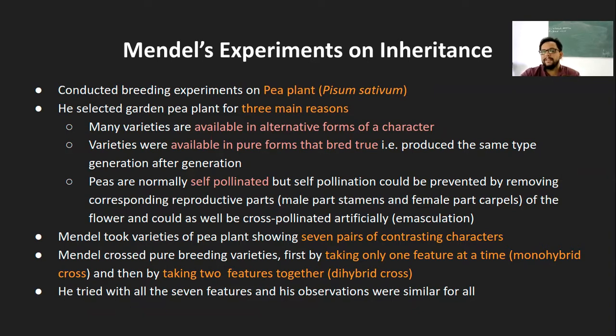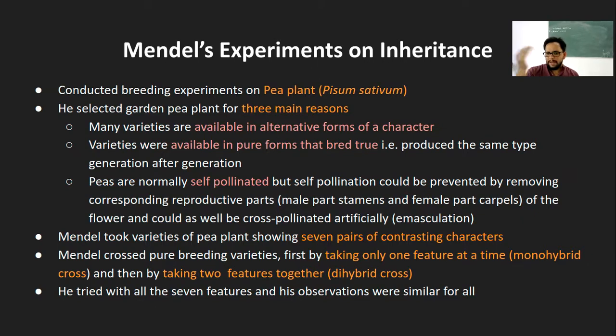That means experiment wise, if you want to breed the pure variety, self-pollination was possible. But let's say I want to breed homozygous dominant and homozygous recessive, which is cross-pollination. I would need to cross two different plants of two different alleles. Now, in that case, I will have to remove one of their own reproductive structures. Mostly it is the male reproductive structure, because if you remove the female reproductive structure, which is ovary, you will not get the seeds in the next generation. I hope that is kind of a common statement, I would say.